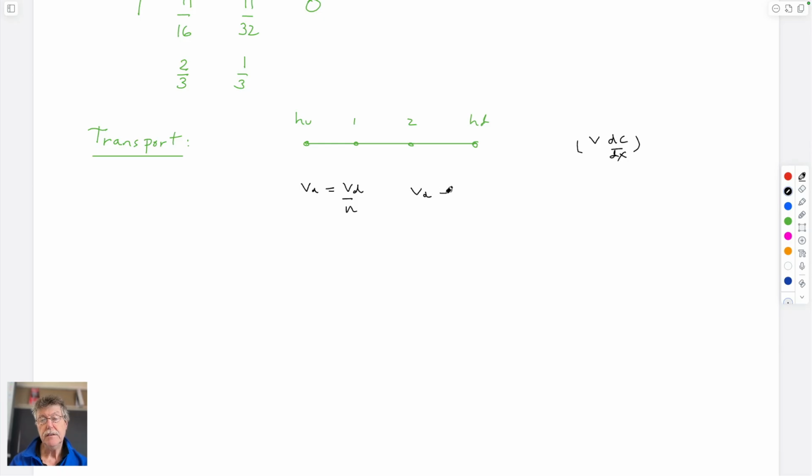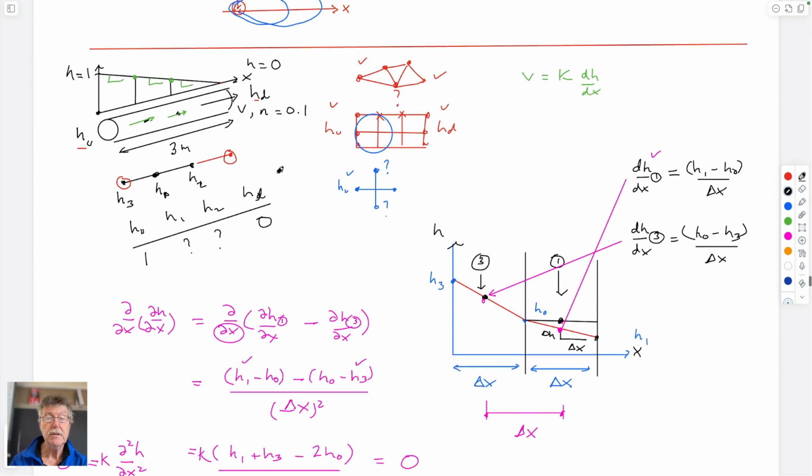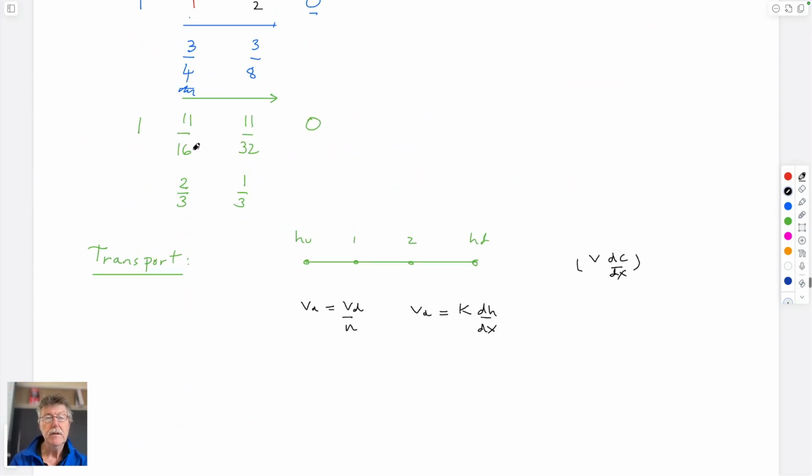Darcy velocity is equal to hydraulic conductivity times dH dx. And from this solution up here, we know from this that the gradient for something that is delta x long is equal to